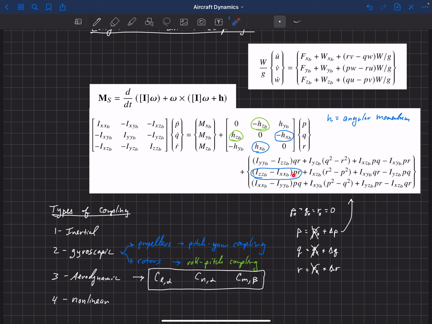If we have a large difference in these inertias and we're rolling at a significant rate, then we just need a little bit of yaw, and we suddenly get a significant pitching of the aircraft. This is maybe a little bit counterintuitive, because we're talking about roll and yaw, which are both lateral, but this term creates a longitudinal moment.